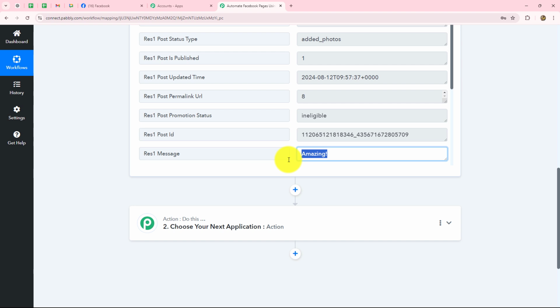In this way you can set up the connection between Facebook pages and Pabbly Connect as trigger to transfer the data to any other application automatically. I hope up till here it is clear to you. Now we'll move forward